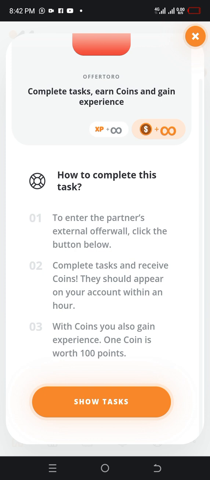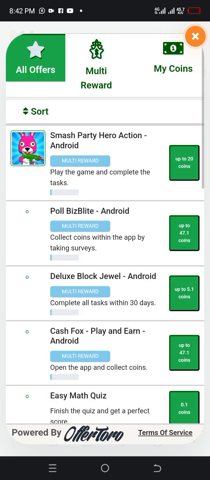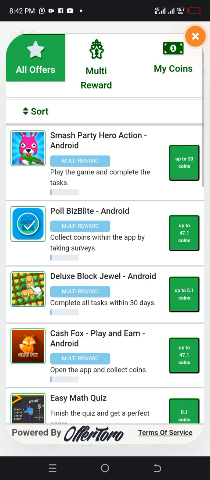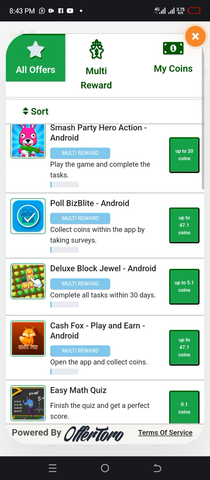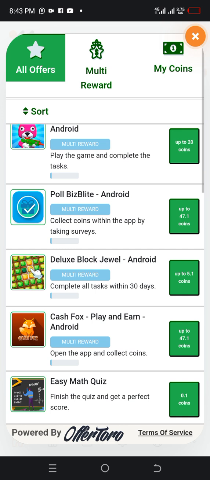Now we click on show the task. You wait patiently for the task to load. Now you can see the task. The first one is Smash Party Hero Action, Android. What do you need to do here? Play the game and complete the task. You get up to 20 coins. The second one says Paul Lights, Android. You get up to 47.1 coins here. All you need to do is collect coins within an app